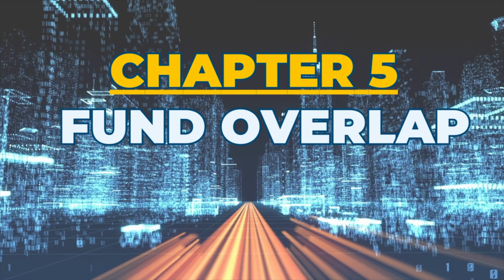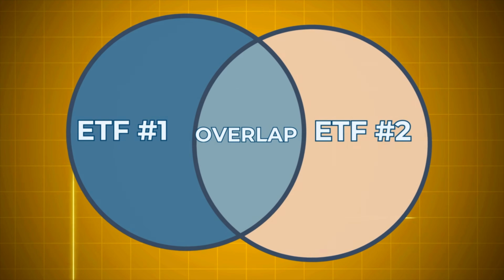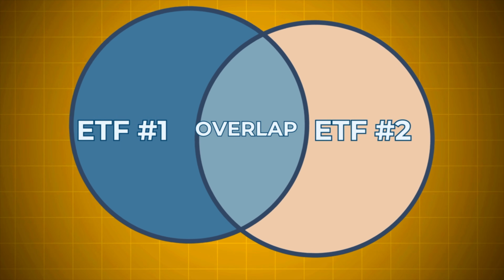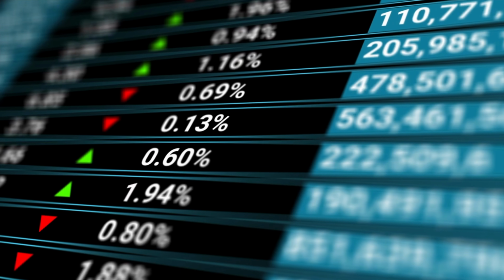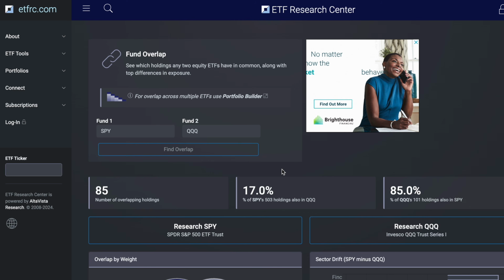Fund overlap. Fund overlap is when two or more ETFs have overlapping positions, as in, the ETFs both have the same exact stocks inside of the fund or have stocks within the same sector, hence it being overlap. Now let's take a look at an example with VOO and VTI on ETF Research Center,